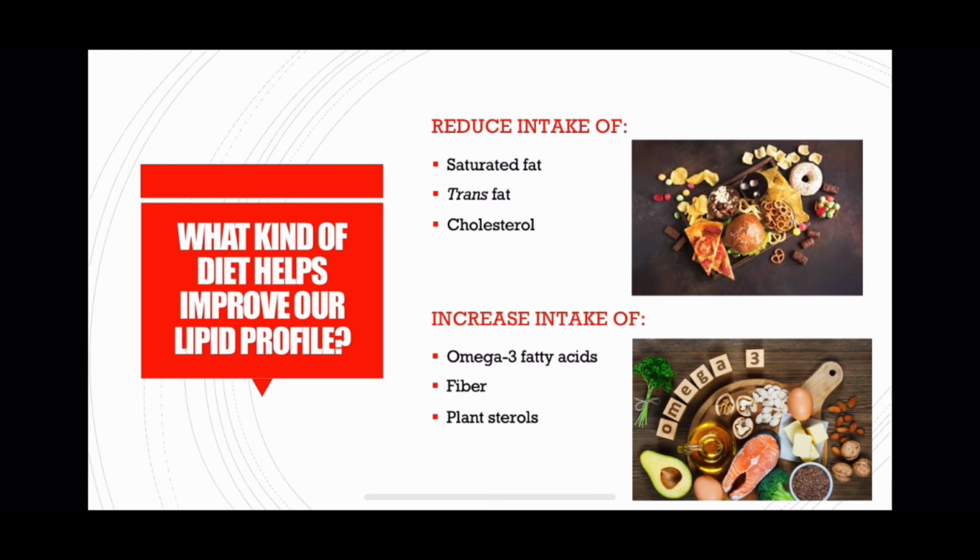Some of the things we can increase to help that diet are omega-3 fatty acids. Some examples of that would be fish, nuts, seeds, plant oils. Fiber, we want to take in some fibrous foods. Avocado, broccoli, dried fruit are just some examples of that. And then plant sterols. Plant sterols are found naturally in fruit and vegetables. They are naturally occurring compounds similar to cholesterol. When you eat them, they limit the amount of cholesterol your body can absorb. Some examples of that are legumes, vegetable oils, nuts, cereal, and seeds.